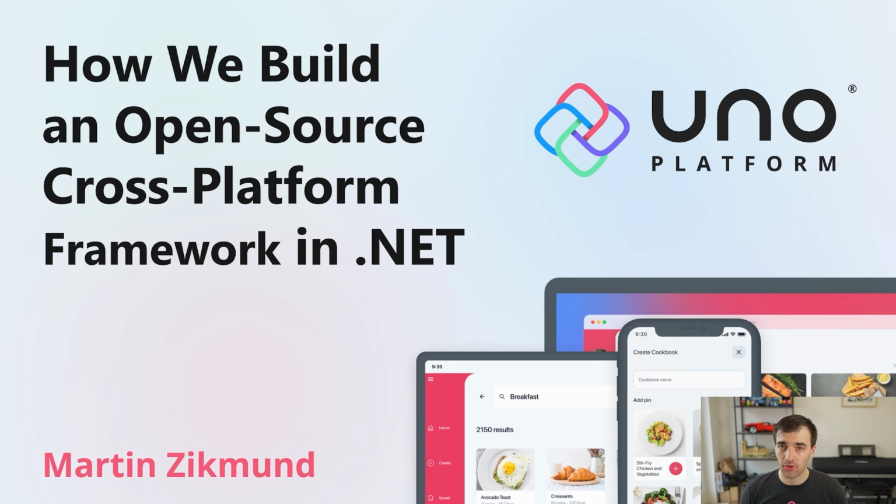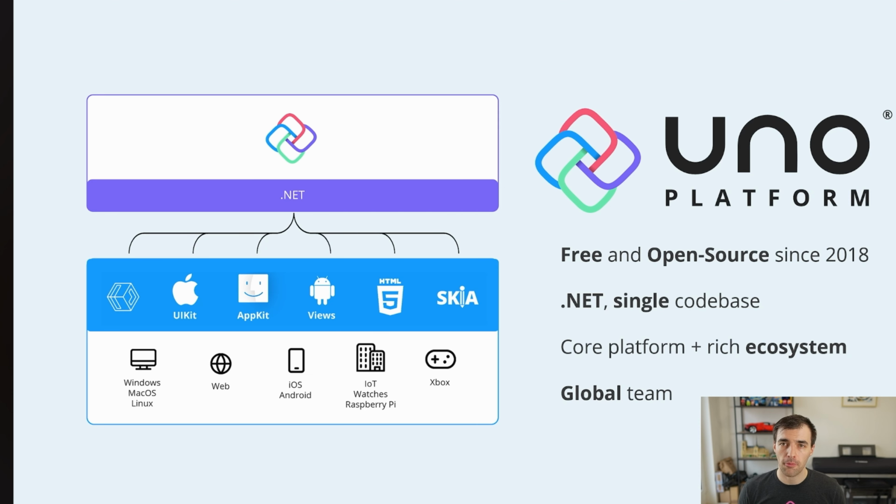Before we start exploring the internals of Uno platform, let's explain what Uno platform actually is. Uno platform is an open source solution for building native .NET cross-platform applications for Windows, Linux, macOS, Android, iOS, and the web using WebAssembly. It's free and open source, available on GitHub, so anyone can contribute and file issues and make pull requests. And we strive to be a single codebase solution. So you as a developer write your application just once, and it runs across all the targets that you can